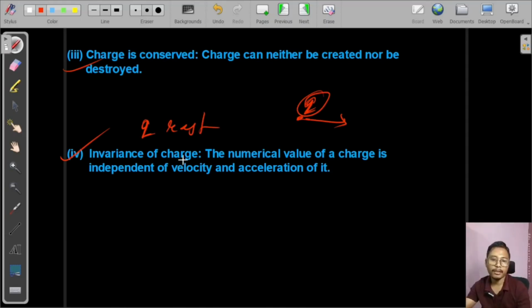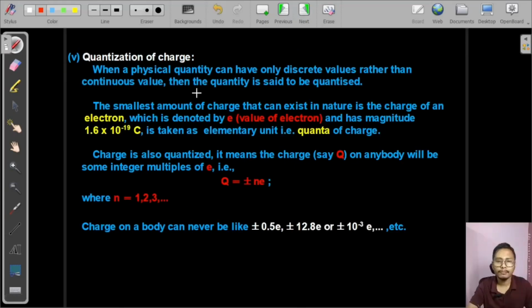That's why it is invariant. The value of a charge doesn't vary. Understood? The numerical value of a charge is independent of velocity and acceleration. In other words, it is independent of motion. Okay, understood? Next one,